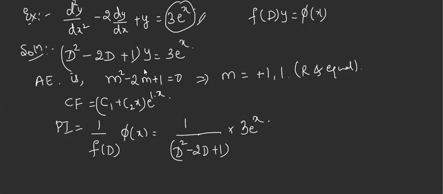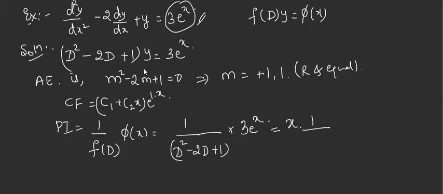Now, what is the coefficient of x? See, this is exponential, so you should remember it belongs to case 1 or type 1. What is the coefficient of x here? 1. So if you replace D by 1, what happens? 1 minus 2 plus 1. Is it 0? Yes. So don't replace. What has to be done then? Multiply the numerator by x and differentiate the denominator.